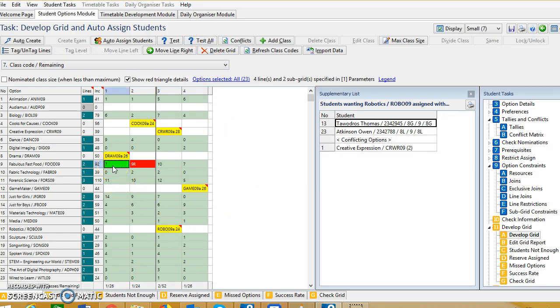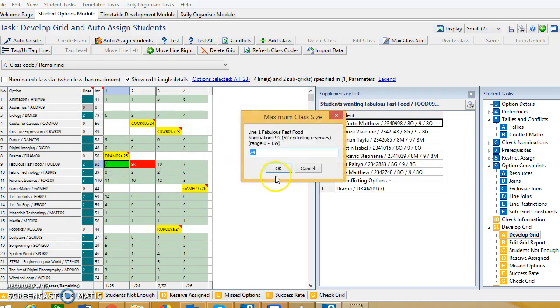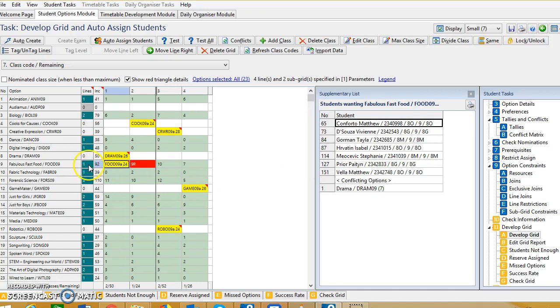Fabulous Fast Foods. Notice that there's a red R coming up because we put in that we can't have cooks for causes and Fabulous Fast Food on at the same time. So it's warning me about that. So initially we've got 7 clashes. Now what I can do is, I said we could run another class, so I can hit the test button